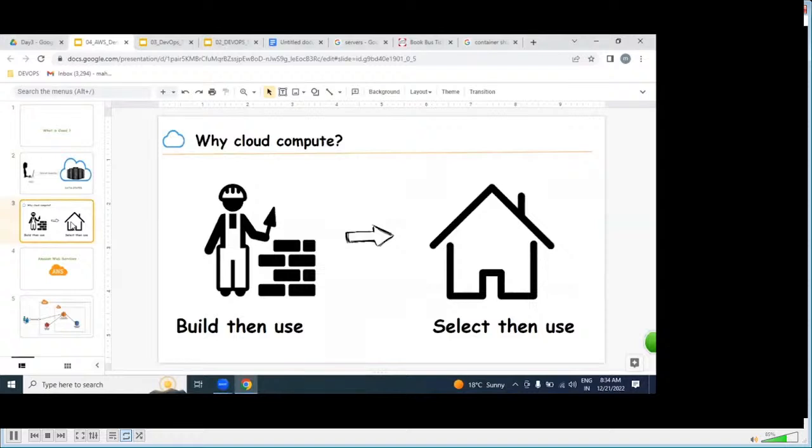By using cloud, we can't buy anything. We can get rental based infrastructure, either server, network, storage, or database. The best example is what? Ola cab. Just for reaching the railway station, are we buying a car or taking a rental car?